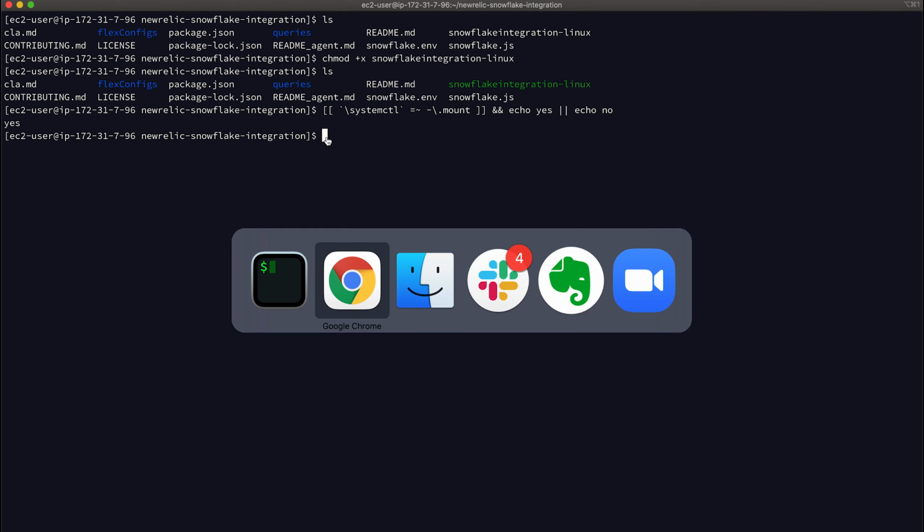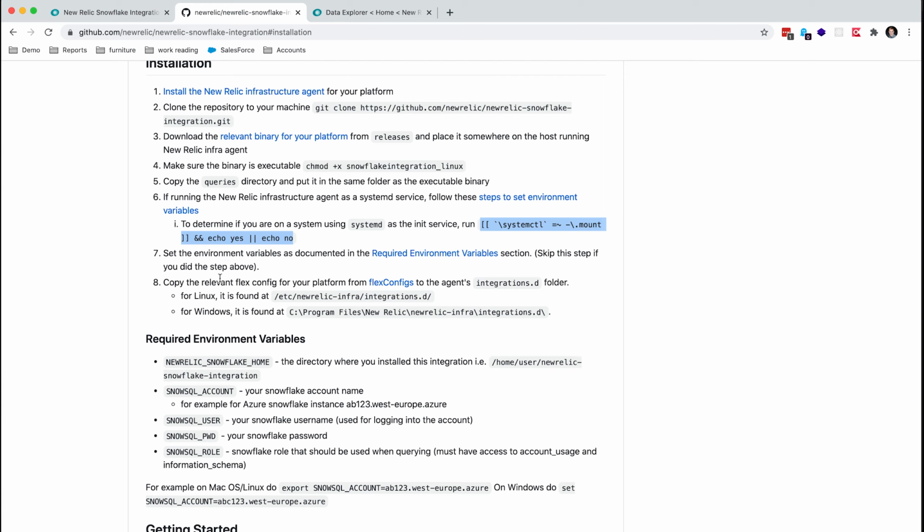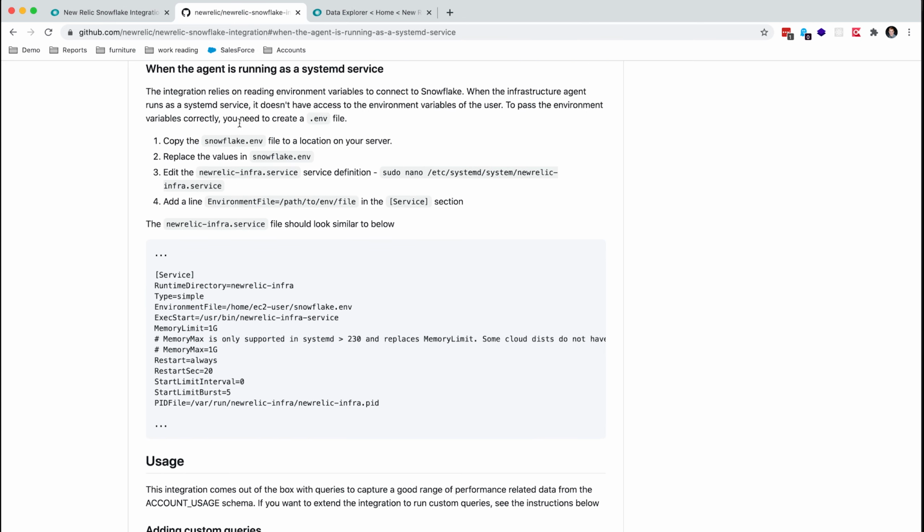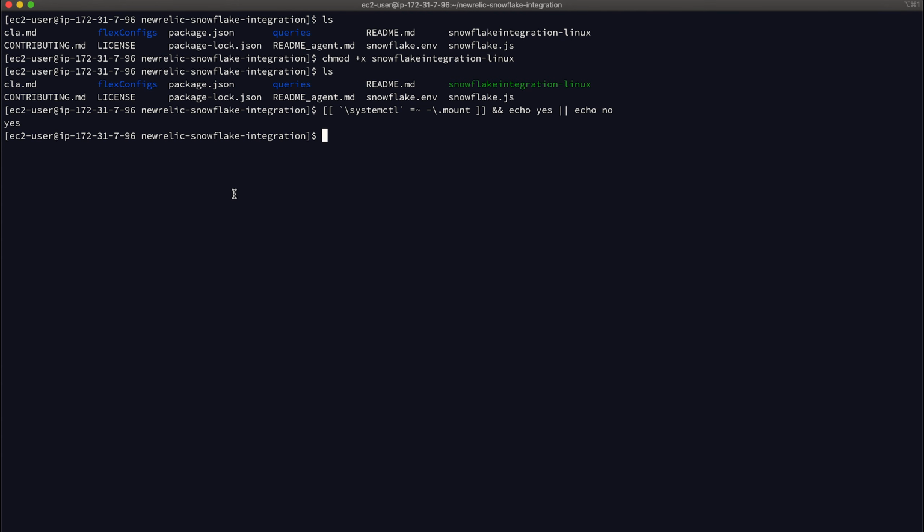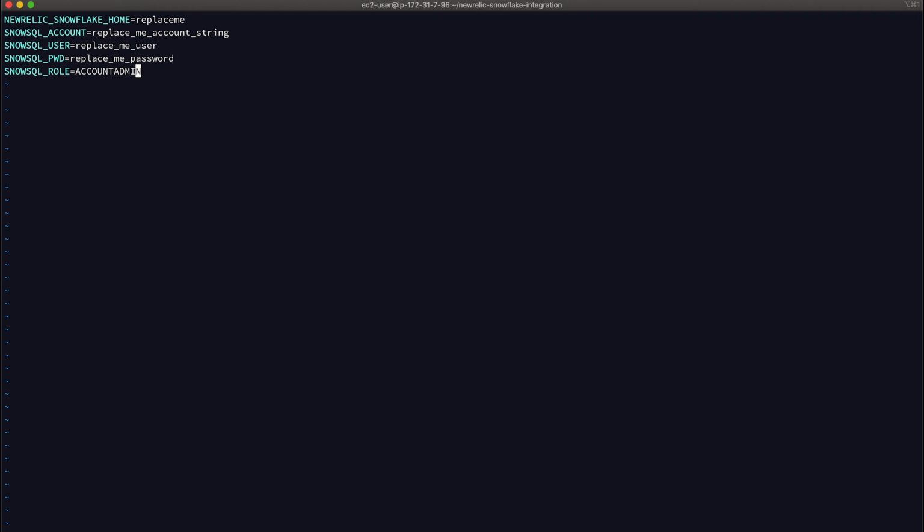So that means I'm going to need to set up some environment variables in a specific way. Basically, it means that you need to follow these steps, which means you need to open up this file called snowflake.env, which I've included from the repository, and we need to set these environment variables. They're all important. I'm going to put where my directory is that includes the binary.